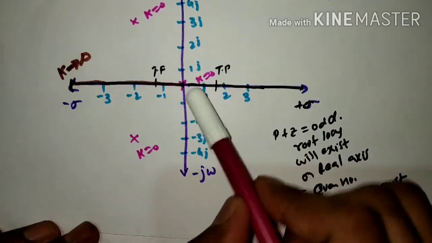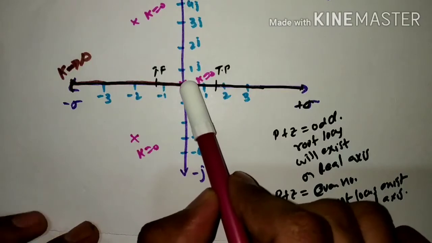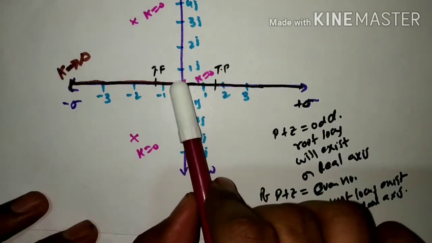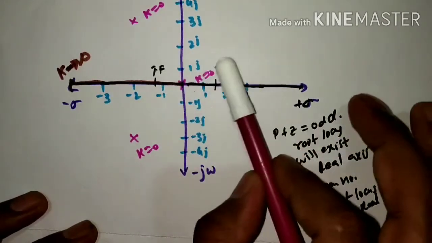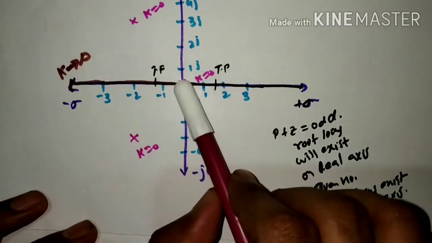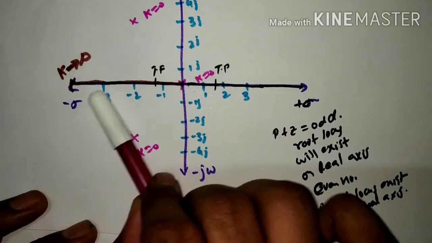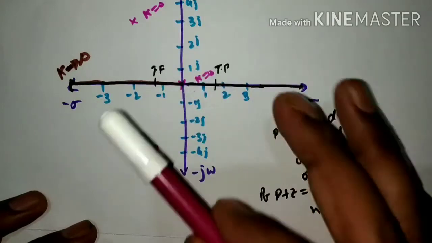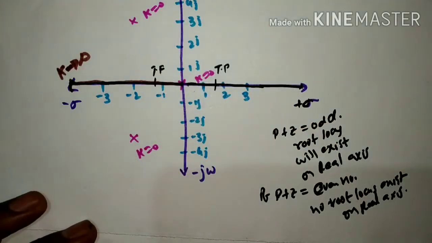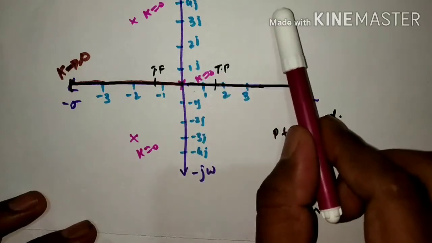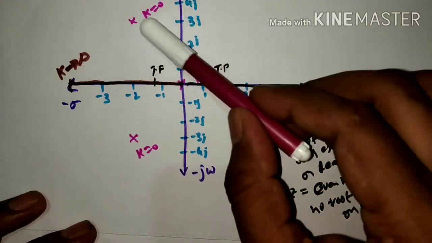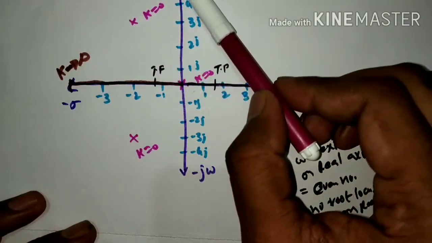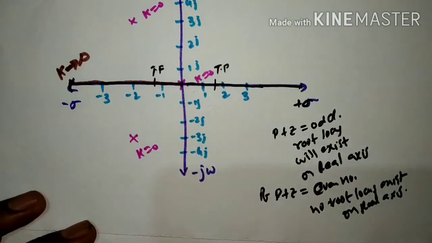See, if k is equal to 0, this pole, if you increase the k value, what happens? This root has to go only in this direction and terminate at this point. So this root doesn't go this side or this side; it doesn't go any other side except this side, because the path is already decided by using step 2. So now what about these roots? As k increases, we don't know how they are moving and in what direction. So the angle of asymptote tells what direction these poles are moving.